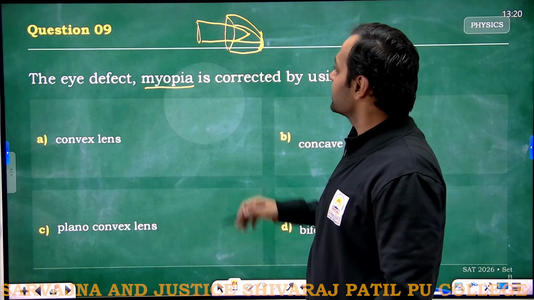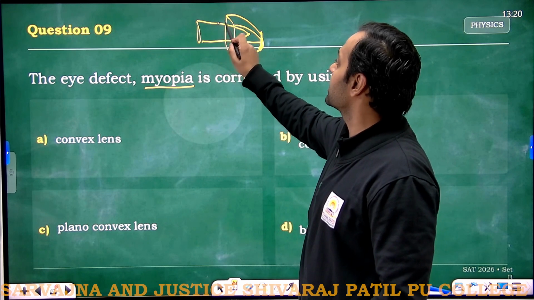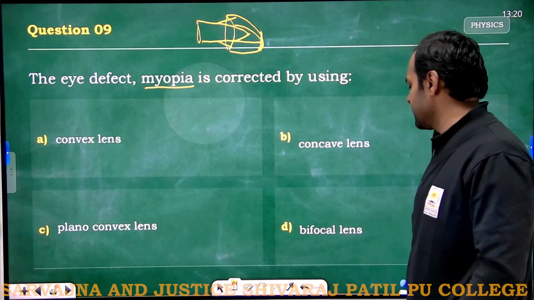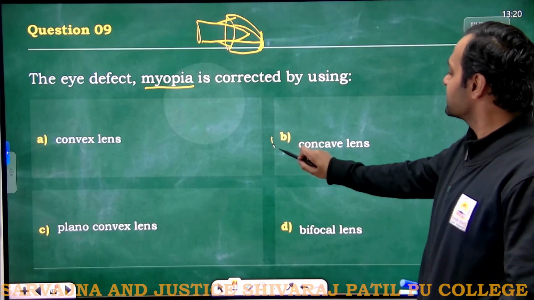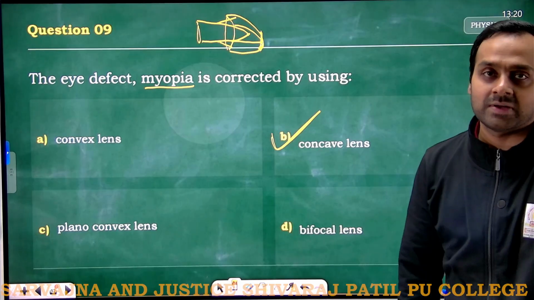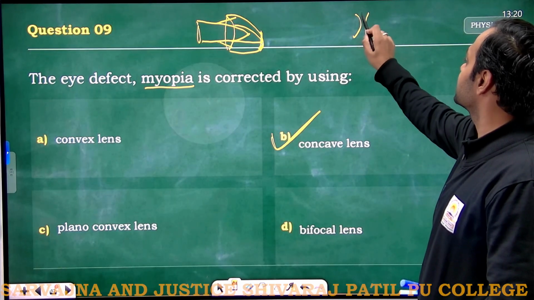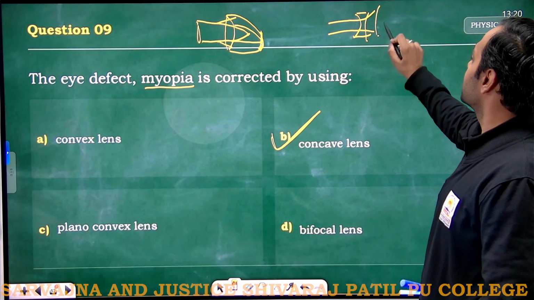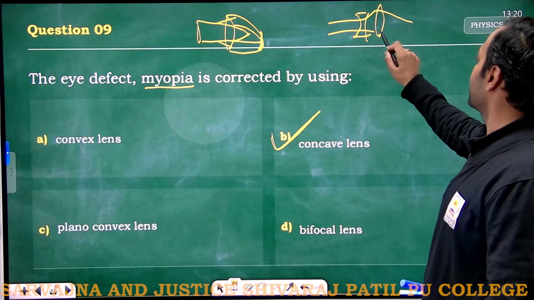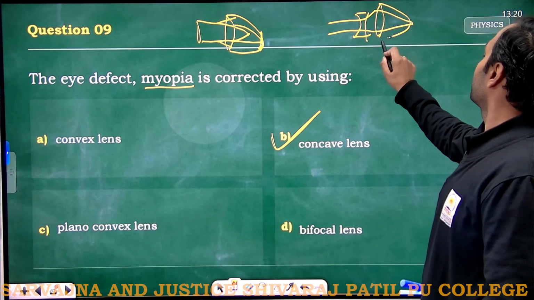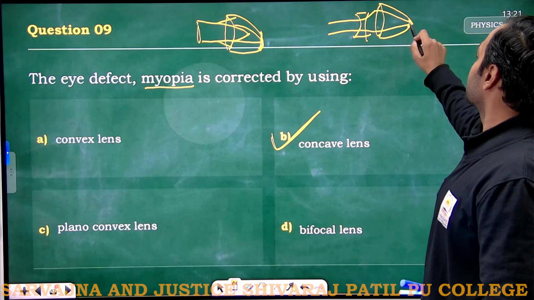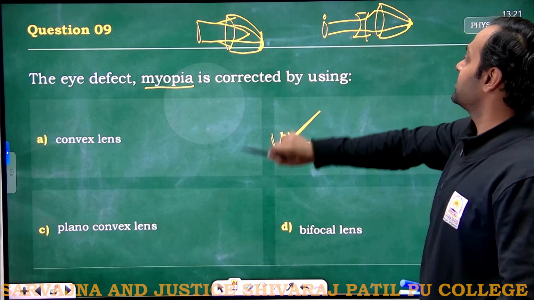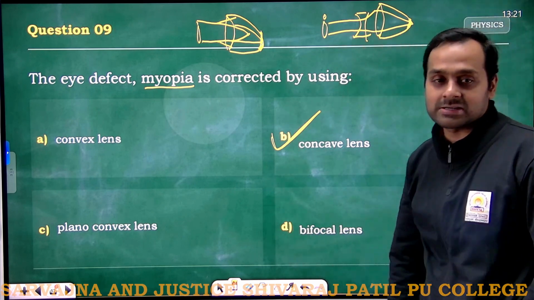So it should not converge here, it should come and converge here. If it has to come and converge here, we have to use a diverging lens. A diverging lens is a concave lens. Why do we use a diverging lens? Because if you use a diverging lens, light will diverge like this, and once this divergent light is converged again, it will fall correctly on our receptors. When it falls correctly on our receptors, the blurred image of the object becomes clear. Okay,